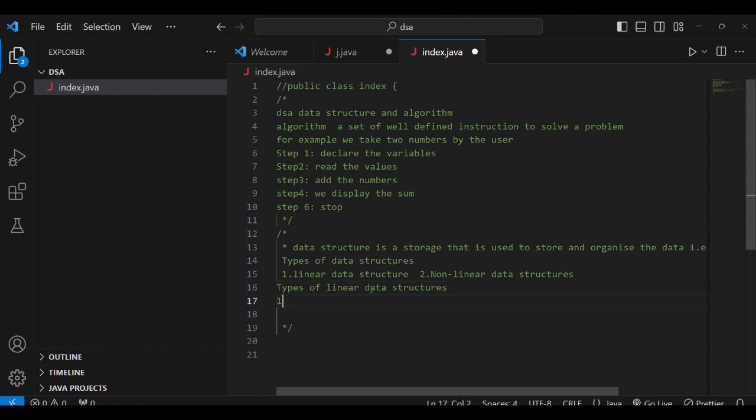Number one is the array data structure. Second is the stack data structure. Third is the queue data structure.